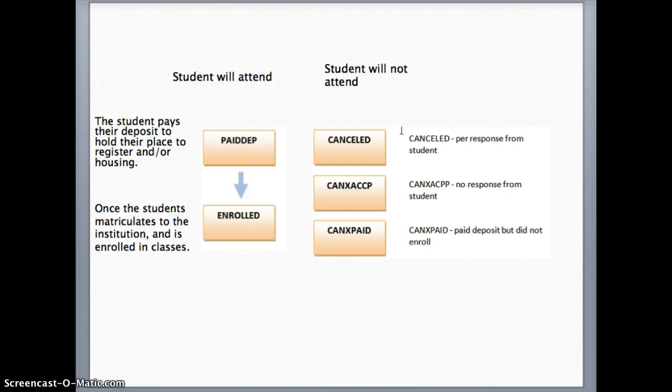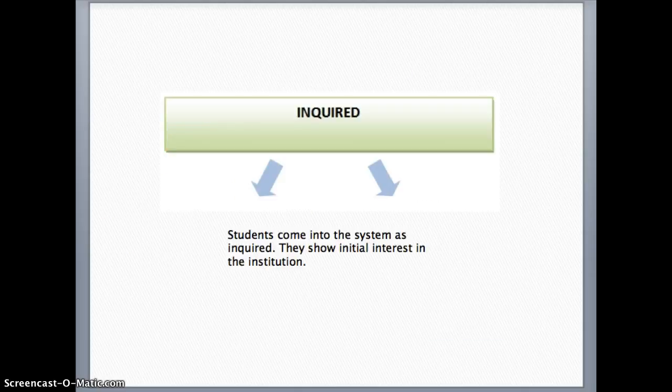Cancel paid is for those students that were perhaps accepted through early decision. They may have decided to go elsewhere, so they've already paid a deposit but then said thanks but no thanks, I want to go somewhere else, cancel my application, I'm not coming. So you can see how the funnel works, where you have most of your students, the vast majority of the students